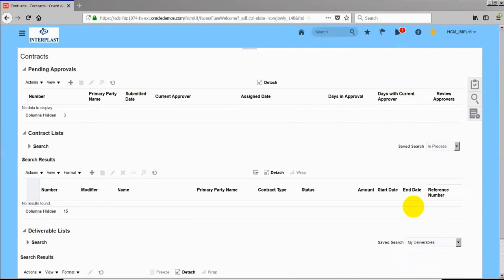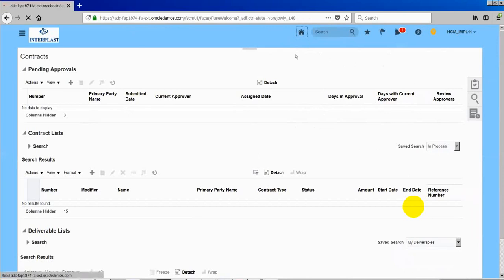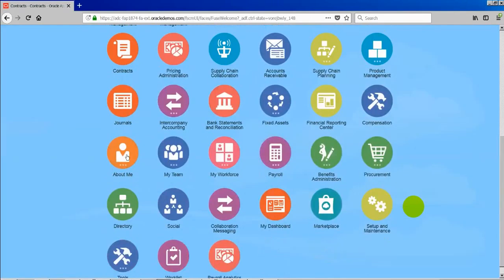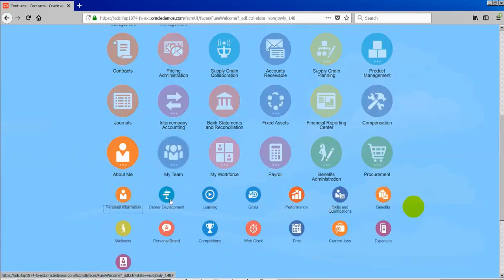Yeah, sorry, I'm back. So what does this embedded help do? Since it is not showing anything here, I will open another page where we can see the help. So let us say I go to About Me, and then to some personal information page.